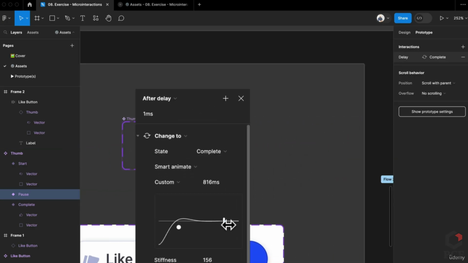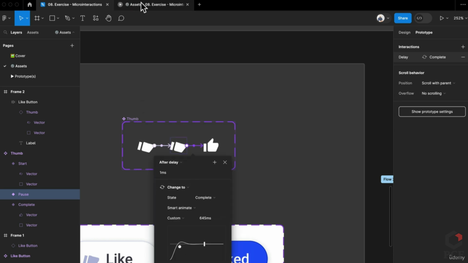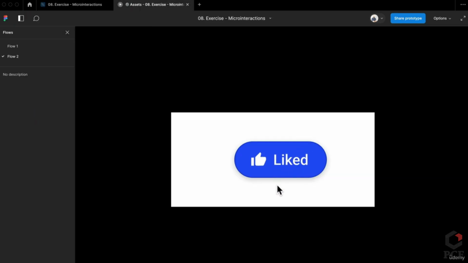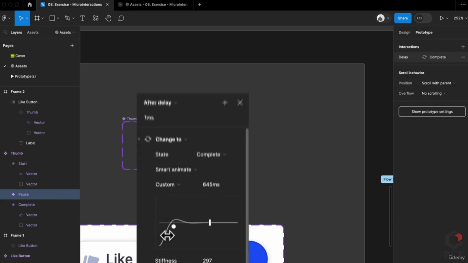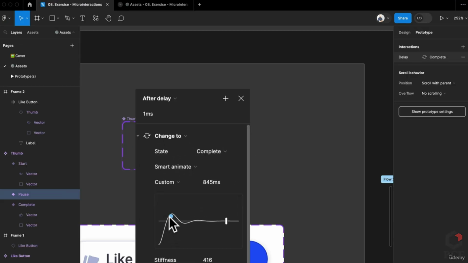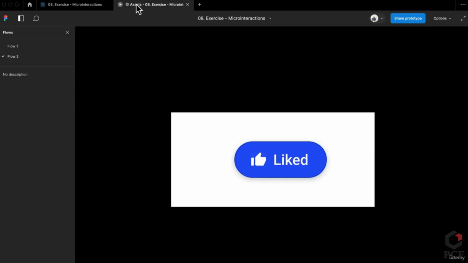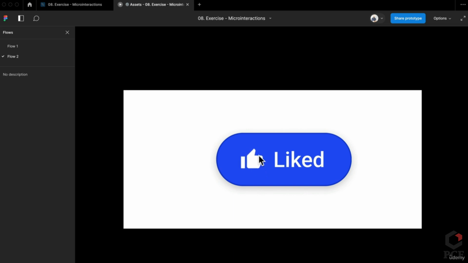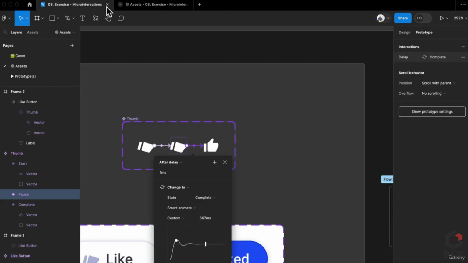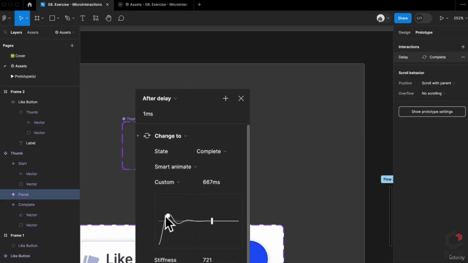And we can tighten that up, maybe make it a little more bouncy. Let's see. And there you go. We have a nice little animation. You can make it a little bit more bouncier. You get a little bit of this background that's coming through, but